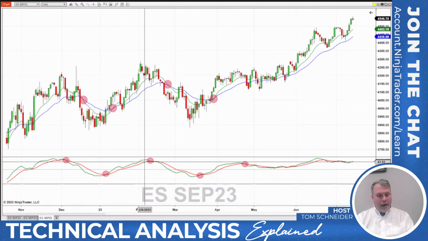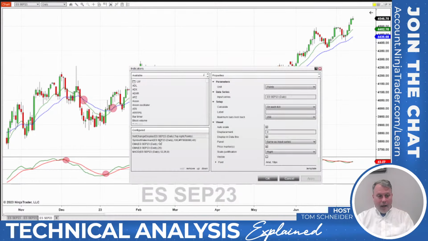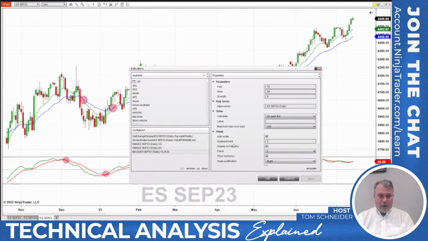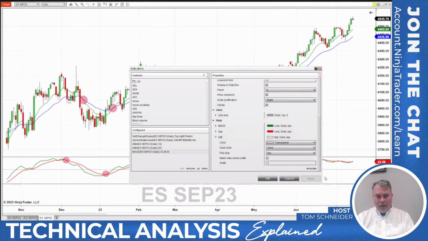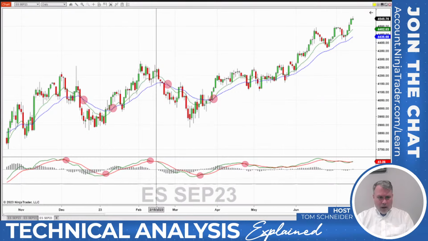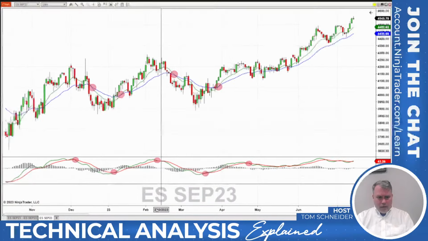Now, the interesting thing about the histogram is it's not a line, right? And the line might be confusing. Some people might prefer the line. They might like 3 lines. I like the histogram because I know exactly what it is. So let's go bring it back up. That's called the difference. But I call it the MACD histogram because I like it in a histogram. And we're going to use this gray value because I like it in a darker value.